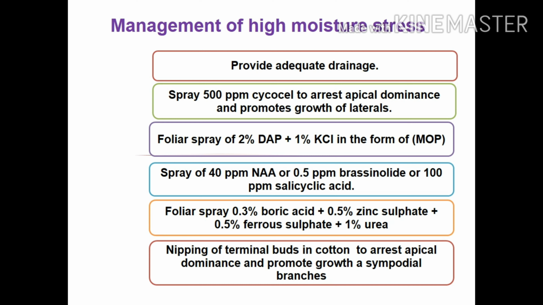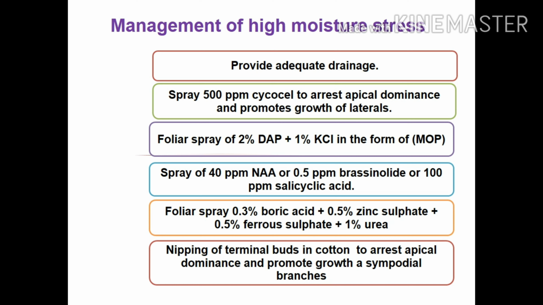You have to provide adequate drainage, and spray 500 ppm cycocel to arrest apical dominance and promote growth of laterals. Foliar spray of 2% diammonium phosphate along with 1% potassium chloride in the form of muriate of potash, or spray of 40 ppm naphthalene acetic acid or 0.5 ppm